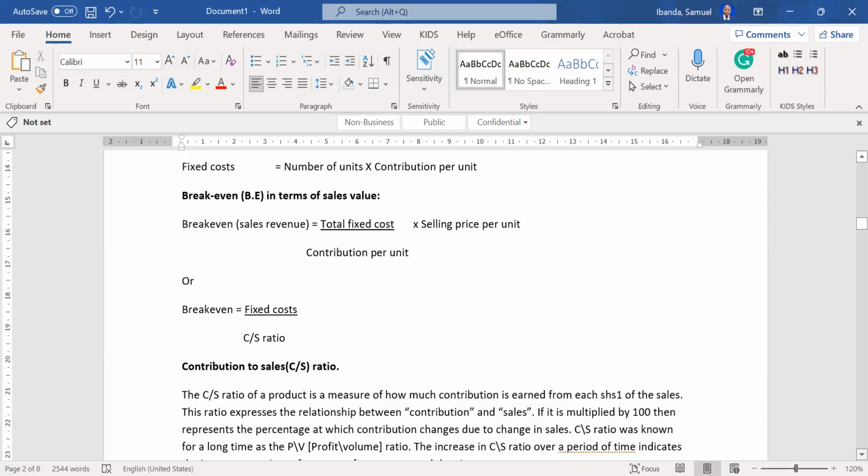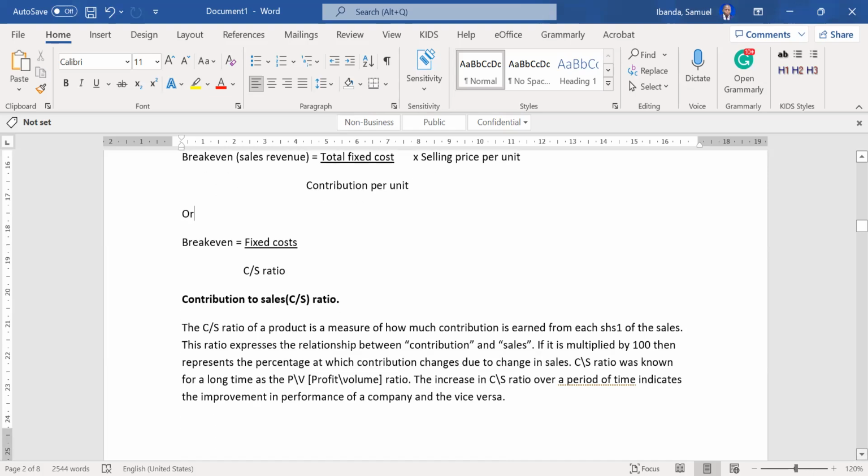So the CS ratio is trying to measure how much contribution you earn from each unit of your sales. From every shilling or dollar of your sales, how much contribution do you earn? Okay, so CS ratio